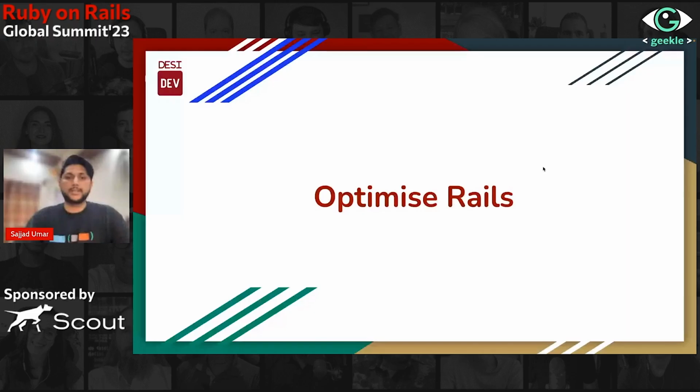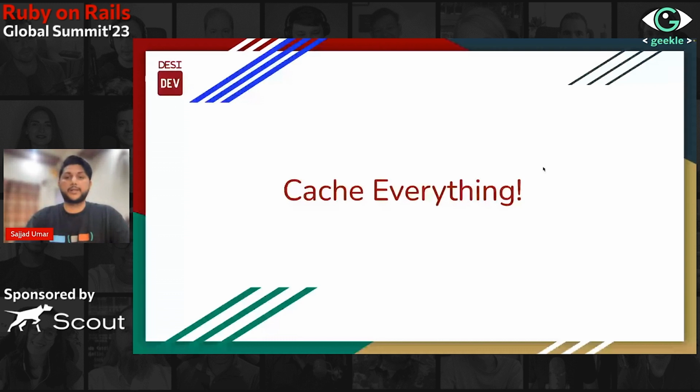Let's discuss some techniques to optimize Rails in general. So first thing we want to do is, if we can't make anything faster, caching it would be a great alternative. Things like complex views and external API calls can greatly benefit from caching, especially if the data is not changing too frequently. Core things we need to know about caching